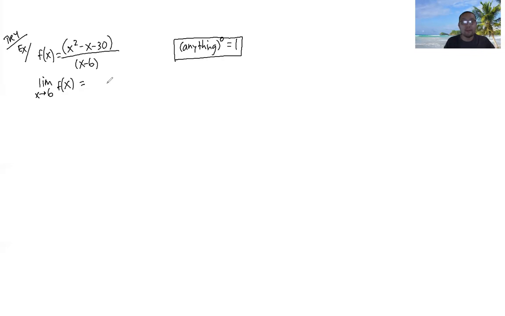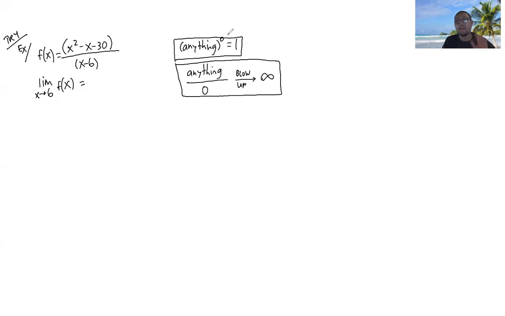And so the same thing we did with the last one: if we were just to plug in 6 into our function, the denominator would be 0, and we know that anything divided by 0 is going to blow up and give us a very, very large number. And we do not want that. So anything raised to the 0 power in this class equals 1, and anything divided by 0 blows up to a very large number. Since we do not want to just plug in our x value, because that would make everything go pear-shaped, we're going to step back and look at our function and ask,